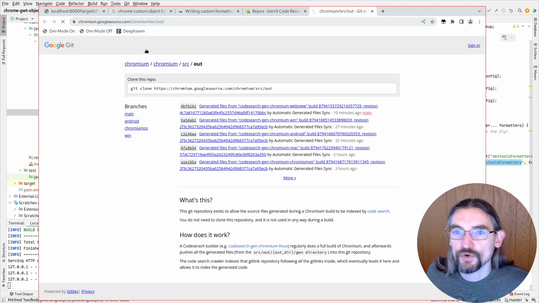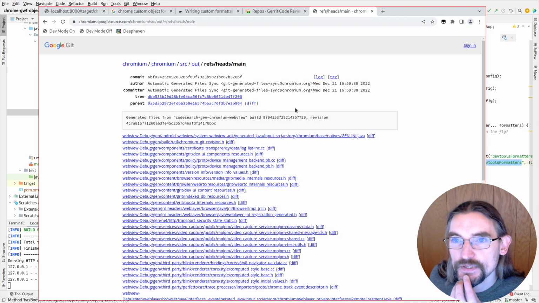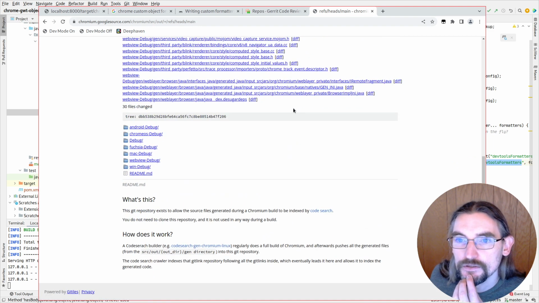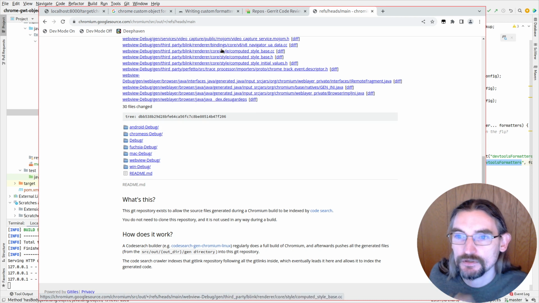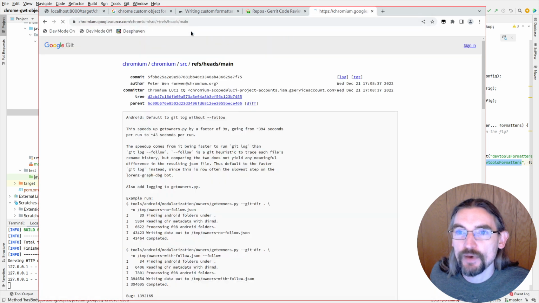It's like each directory is like its own Git repository. Yeah, that's what it's like. You can't go up a directory from this because this exists to allow source files generated by a Chromium build to be indexed by code search, so they check in their generated code. You do not need to clone this repository, and it's not used in a build. Okay, fine. Let's go back up to source